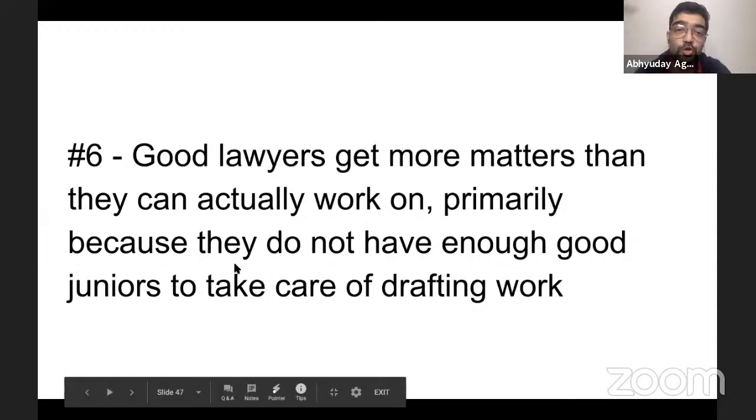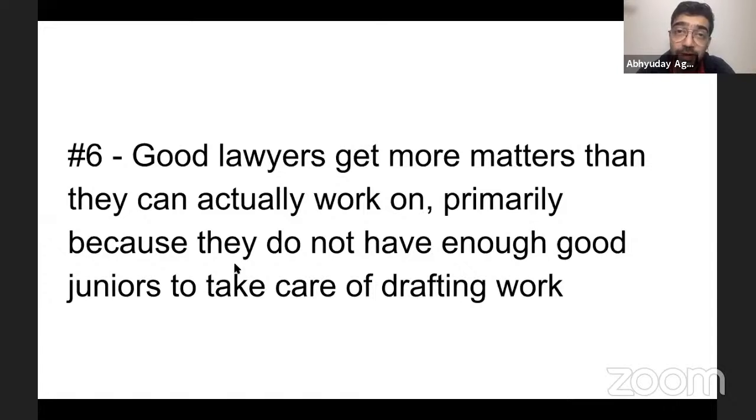Okay, cool. So I'm saying, how is it going to be beneficial for you? Because a good lawyer will get more matters than they can handle. Why? Because drafting will be the thing that will take their time off. So now they cannot ignore drafting, but if they don't have enough supply of good drafting juniors who can do enough drafts, they have to focus. Then they have to do whatever I could do. If the day client came to me today, I could deliver in 48 hours. If I had a good team, I'll have to do it over the week. 6 days it will take.